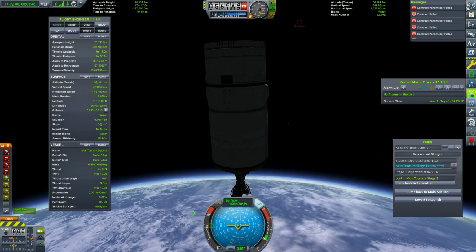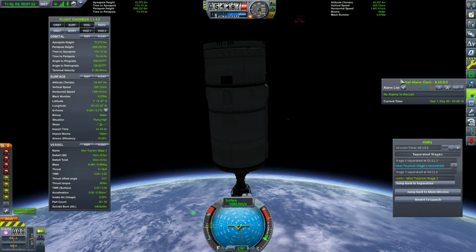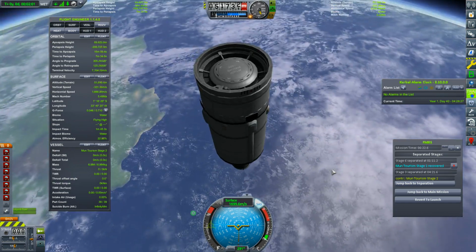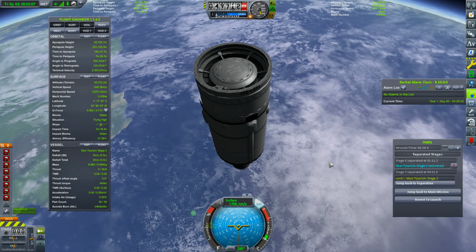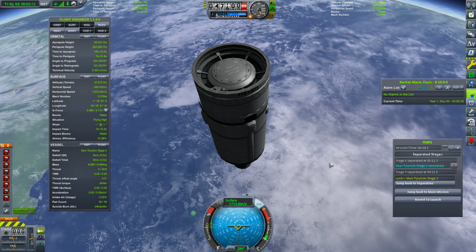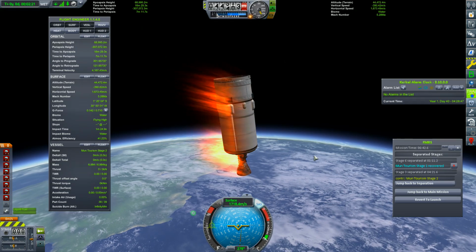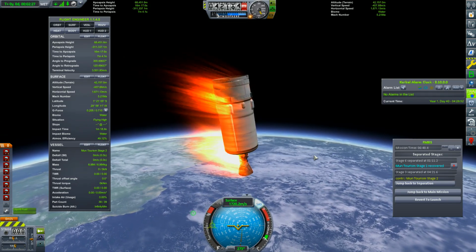Yeah, and I like how it tells me contract parameters failed and contracts failed when they actually didn't, just because the ship goes out of loading distance. That's a little issue with FMRS. So, okay, as soon as I see anything popping up, it's just too